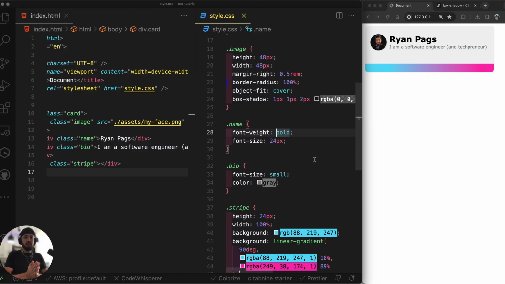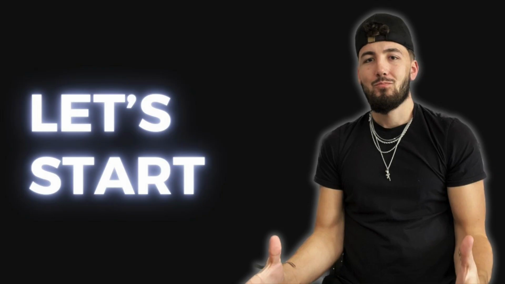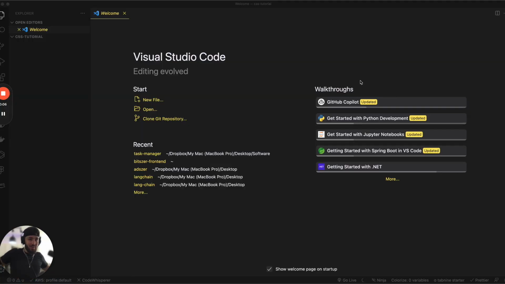Guys, and here is a CSS build that looks good. It's clean. We have a little bit of shadow. It's smooth. Guys, what is going on? It is Pags. We are here programming with Pags. This is a tutorial on CSS. I'm going to teach you how to build a very crispy